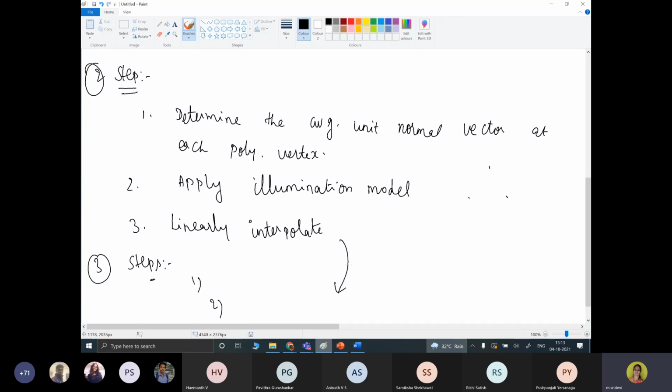The third step is to apply the illumination model along each scan line to calculate the projected pixel intensity for the surface points.